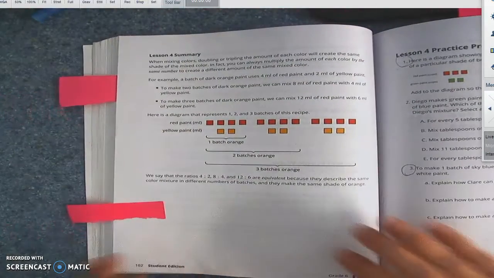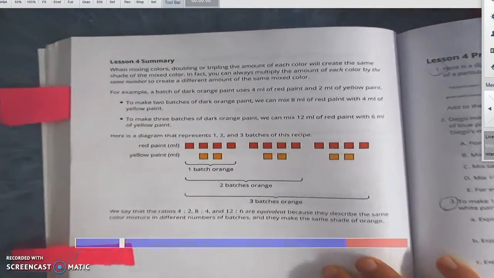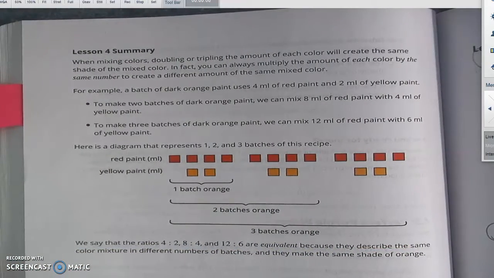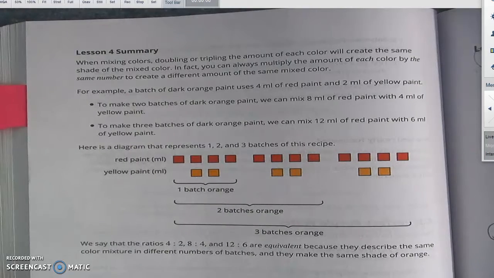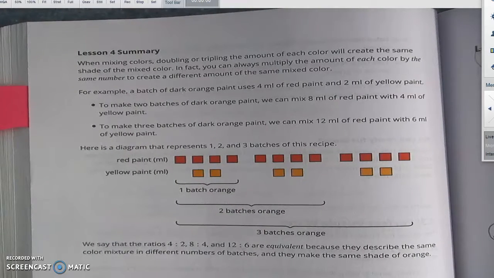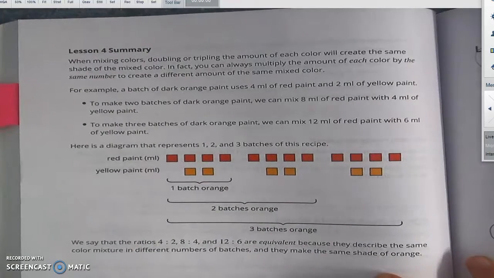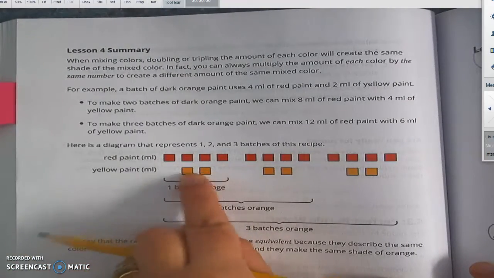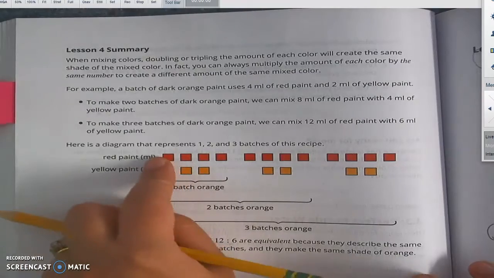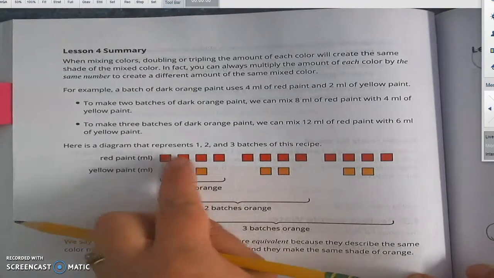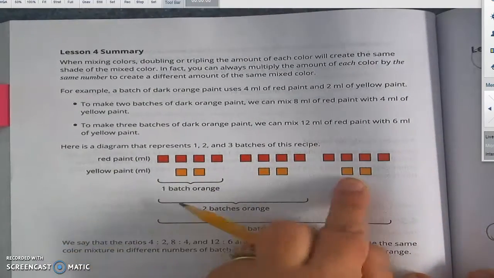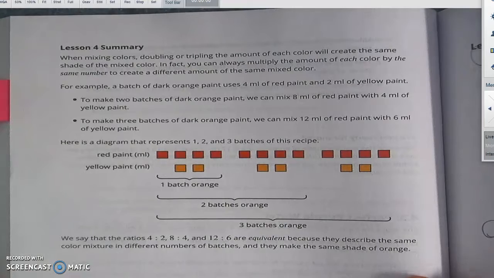So then our lesson 4 summary talked about how when we're mixing colors, doubling and tripling the amount of each color will create the same shade. We can always multiply the amount of each color by the same number to create a different amount of the same mixed color. So here they were making orange paint, and a single batch would be 4 reds and 2 yellows. A double batch would be double that amount, 8 reds and 4 yellows, and a triple batch would be triple that amount, so 12 reds and 6 yellows,